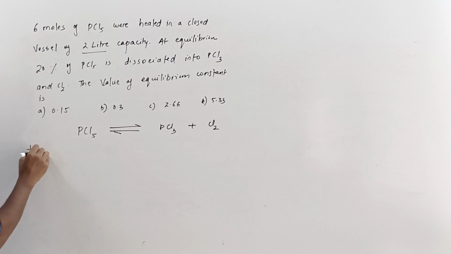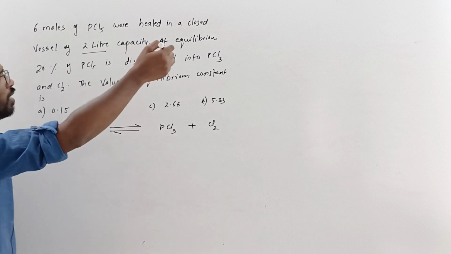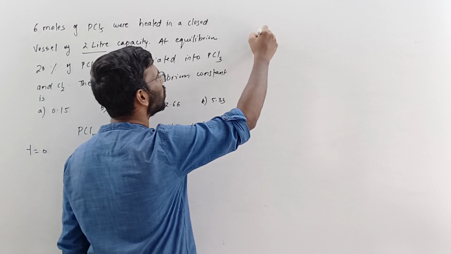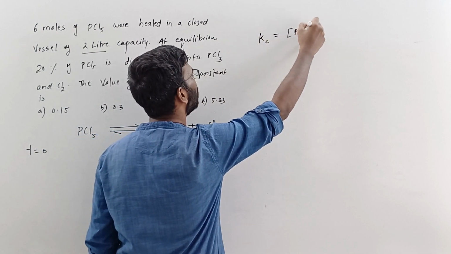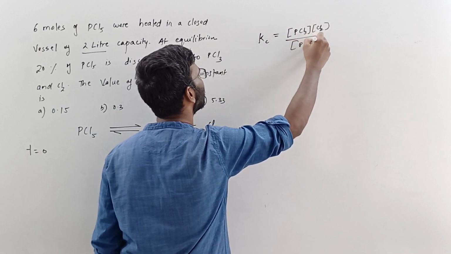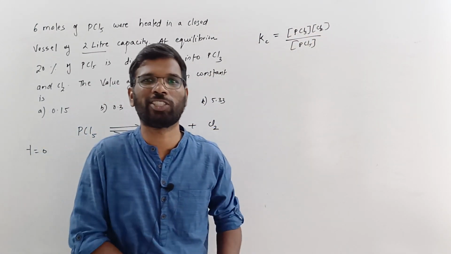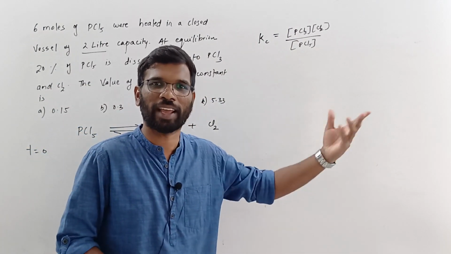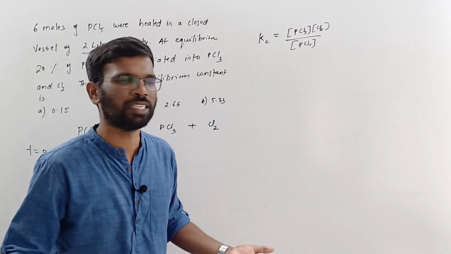So at time t is equal to 0, when the reaction has just started, what is the maximum concentration? If you want to find the equilibrium constant, we will be taking this. The equilibrium constant in terms of concentration is the concentration of PCl3, concentration of Cl2, upon concentration of PCl5, right? I want the concentration of all these at equilibrium. I don't want the initial concentration. I want to see at equilibrium what the concentrations of the reactant and the products are. In an equilibrium reaction, all the reactants are not getting consumed. That is the first rule, right?